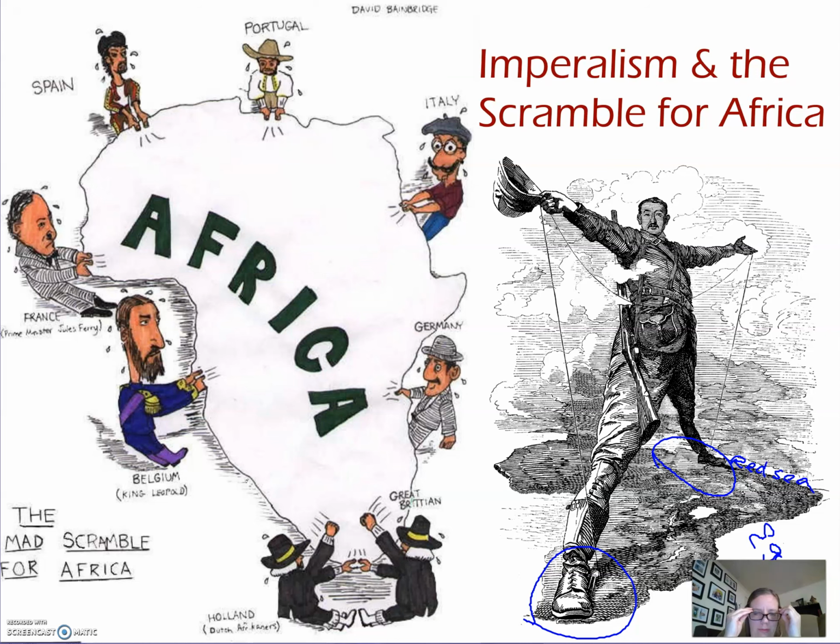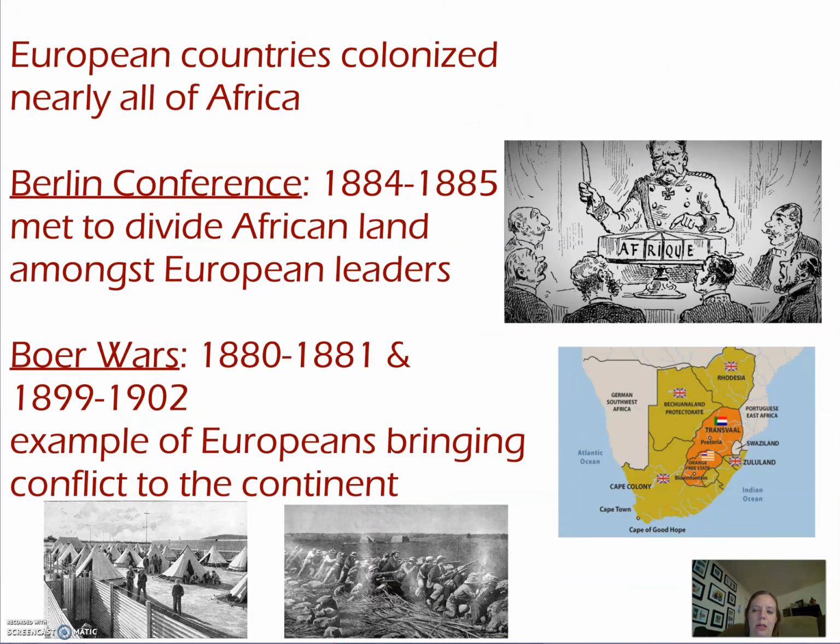We're doing great. The concept is that all of the European countries, you can see from this map, Portugal and Italy and Germany and Great Britain and Belgium and France and Spain, were all trying to grab up all the land in Africa that they could. This is a man who's representing England or the British Empire. You can see he has one foot here in Egypt and one foot here in South Africa, and he's expanding the whole thing. England controlled both of those pieces of property as well as many others in the continent of Africa. Almost the entire continent by the 1800s is completely controlled by outside forces.